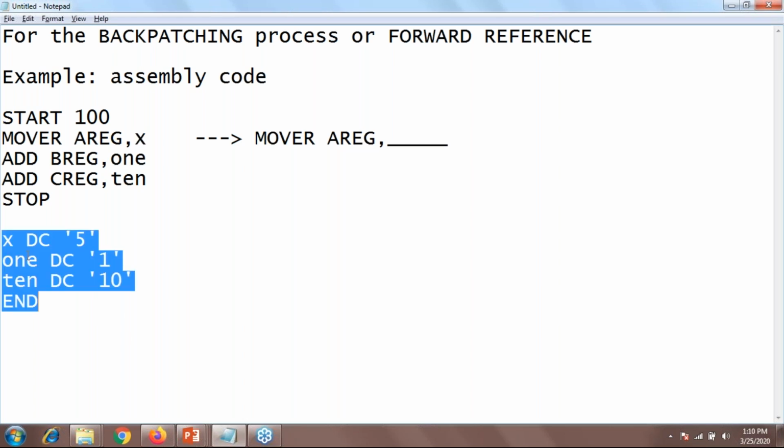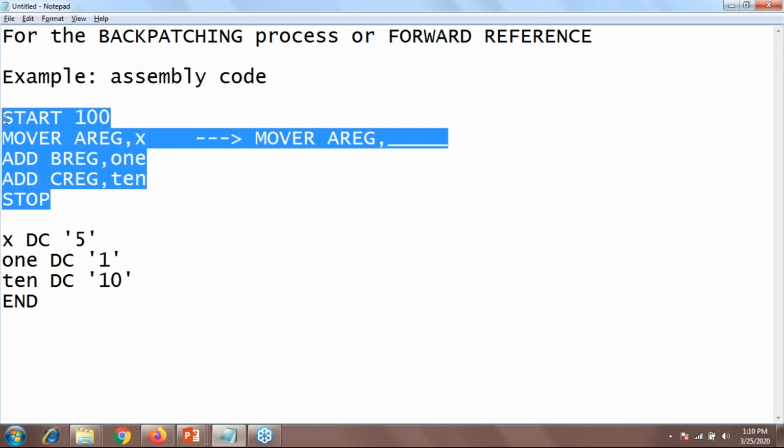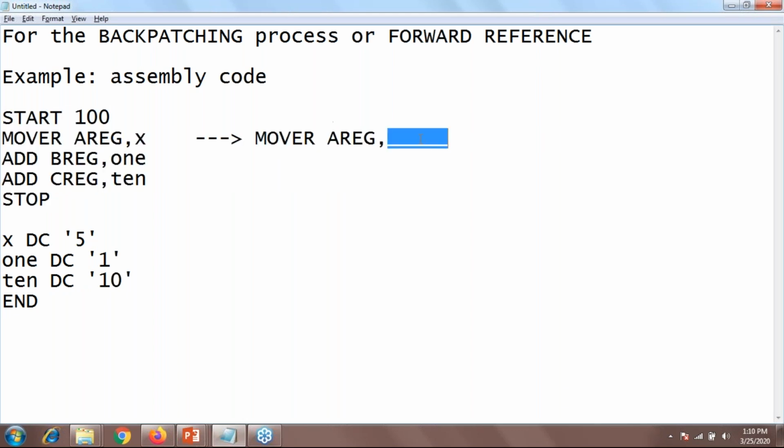This is known as the assignment, or you can say the constant variable assigning to the variable name. That type of process is always after completion of your actual assembly code, right? So right now I don't have the value of my x variable, so I cannot replace my x with the 5, and I cannot store the 5 value in the AREG register, right? So this sentence is known as the forward reference.